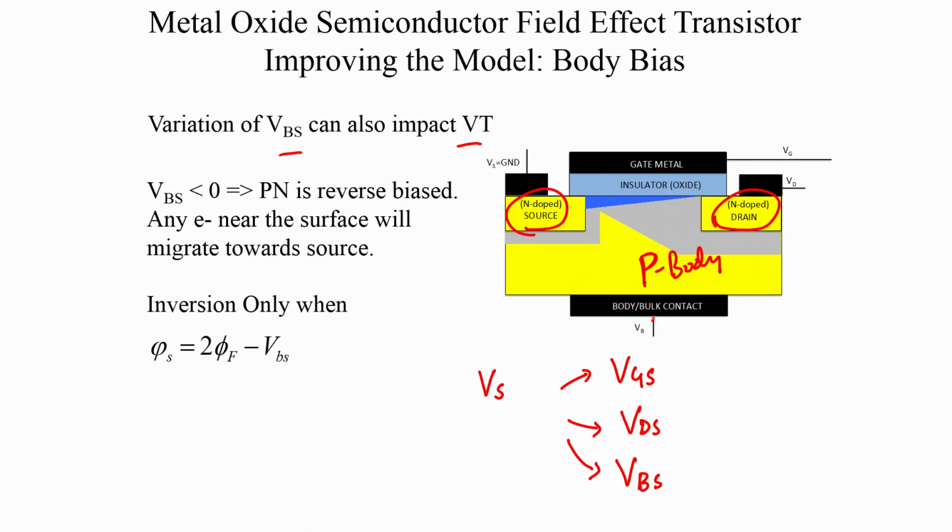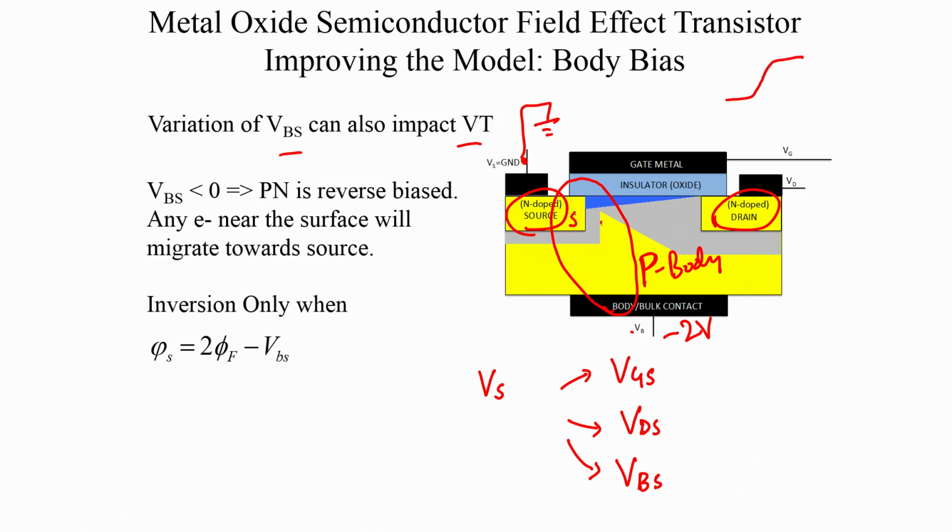Now, if the body and source are at a different potential, then if we increase the body to source voltage, or let us say we decrease the body to source voltage, we make the body voltage less than the source. So, if the source is at ground, let us say the body voltage is minus 2 volts. So, essentially we reverse bias this PN junction diode. Okay. If you look at this PN junction diode,